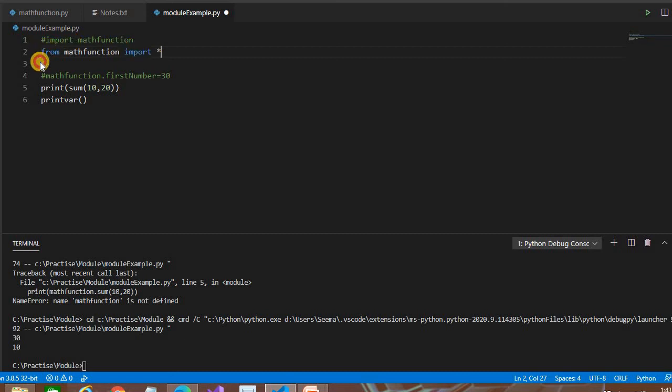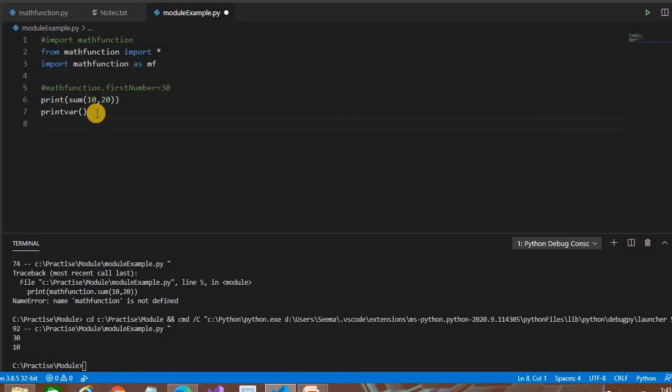Now, you can also write something like import math function. We don't want to use the name math function. We can provide another name, an alias, using the as keyword. You can have AMF. So now we can access this using AMF also.